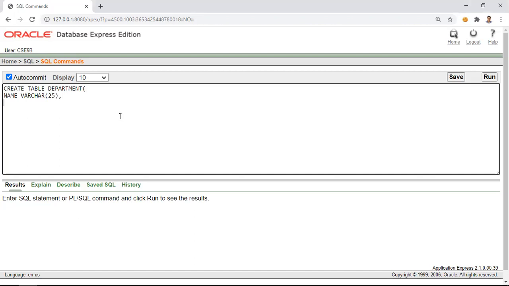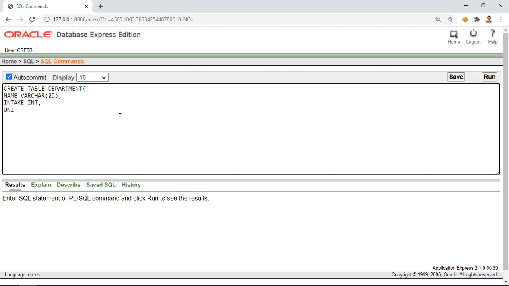Let us declare the name of the department as a variable character, varchar. Along with this, we had intake. Let us declare it as an integer.